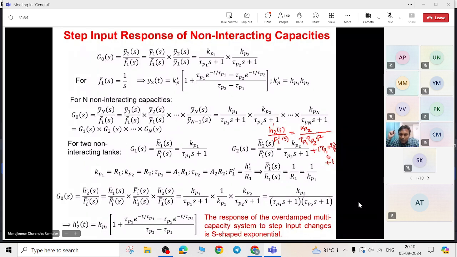Correct? Yes, sir. And now this particular term which we have obtained for the non-interacting system, let's compare that with the similar